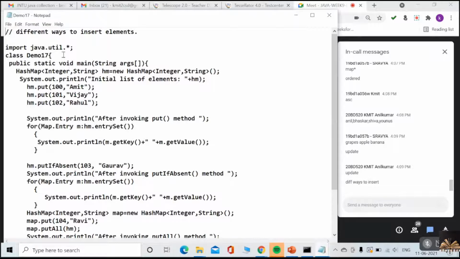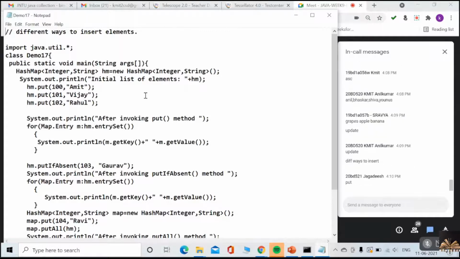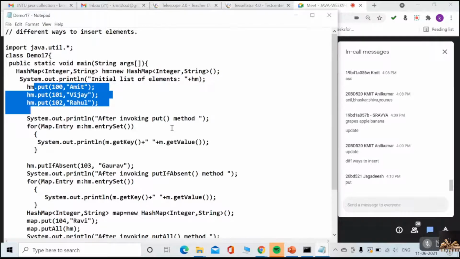Okay. All right. This is different ways to insert elements. Previously, what is the method we have discussed so far to insert the elements? The put method we just discussed. But along with the put method, we even have putIfAbsent.